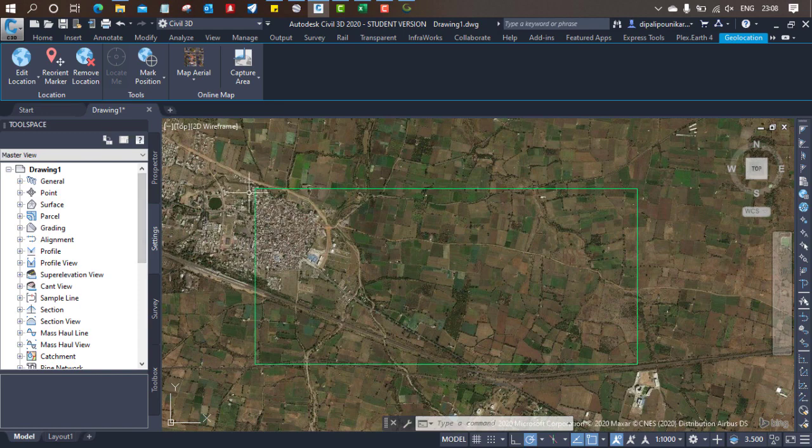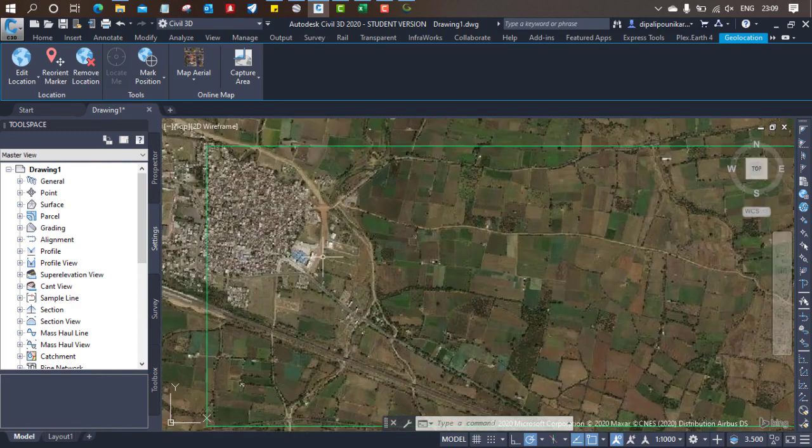So you will automatically get one new icon of Civil 3D India. If you install another country kit, you will get the Civil 3D logo with that country's name, right? You need to open that one, and only then can you see all the design parameters, all the standards of that country. And make sure that you have already logged in to your software, right?